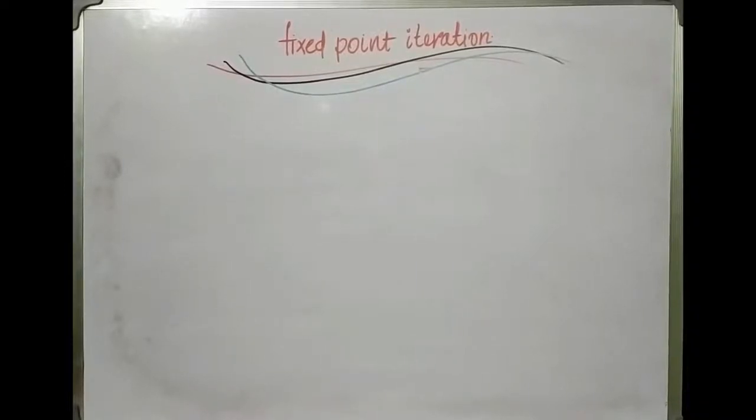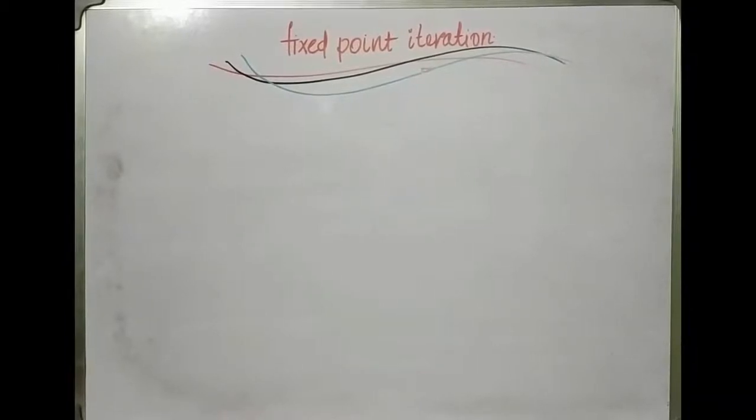I am Shankar and in the continuation of fixed point iteration, today I am going to explain the error term in fixed point iteration so that you have a clear idea about the rate of convergence for each phi x. To be precise, suppose you have a bunch of phi x which all satisfy the condition of convergence, but which one will you take for your procedure to converge faster, that I am going to explain in this video.